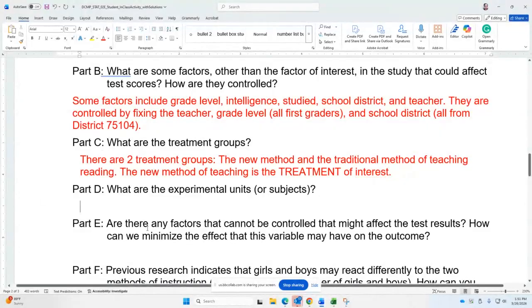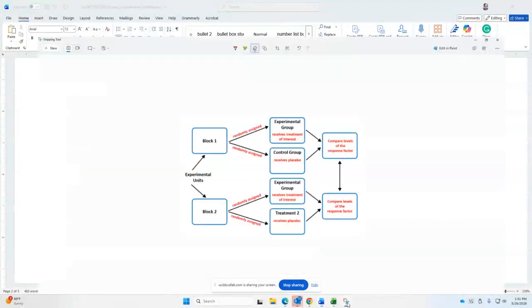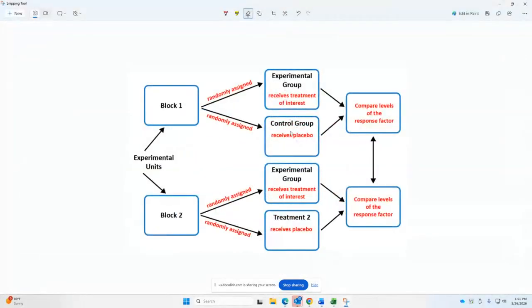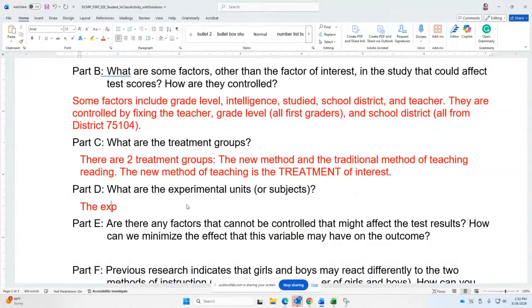All right, so there are two groups. One is the treatment group and one is the control group, right? One is the traditional method. So what are the experimental units, or what are the subjects? So the experimental units, or what we call the subjects,